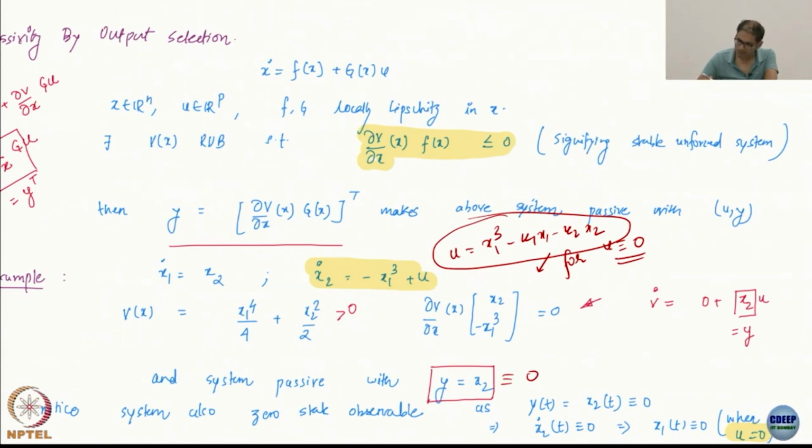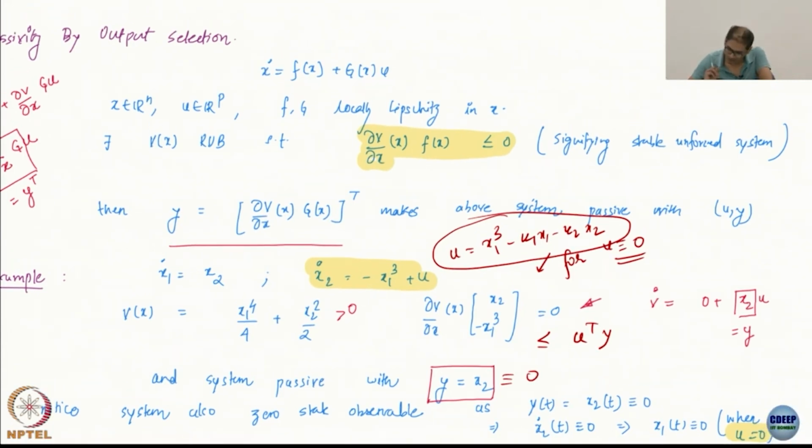Now I want to make the system passive, right? What do I need for the system to be passive? I need this to be less than or equal to u transpose y. But in this case the right hand side was 0. So I am free to choose any y, actually, because V dot turned out to be 0. So V dot less than or equal to u transpose y means I can choose pretty much